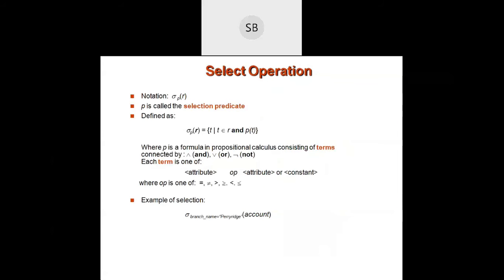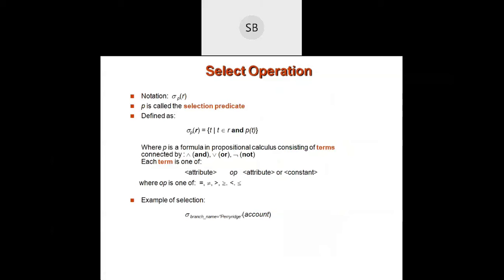In these examples, the first operation is the select operation. Now let us see what the purpose of the select operation is. The purpose of the select operation is to identify the set of tuples that are part of a relation and to extract only those tuples. The select operation is a unary operation defined on a single relation.